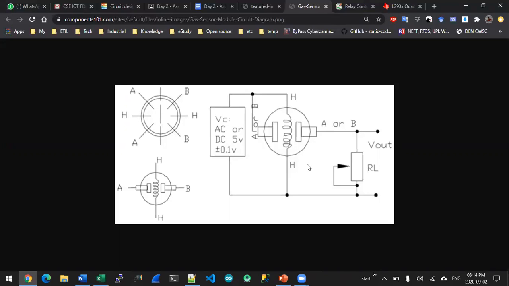For connecting this sensor, we connect one terminal to the power supply and the second terminal to the resistor, and connect the resistor to ground. So it will again act as a voltage divider, and we can take the voltage from the Vout. All three things, the potentiometer, LDR sensor and gas sensor, work on the principle of potential divider. And now Nadir will explain the circuit and the program.